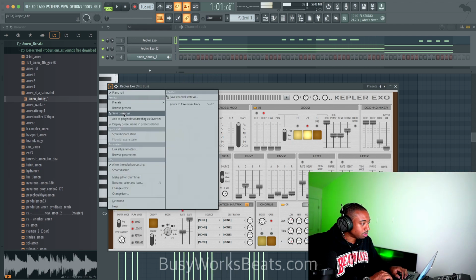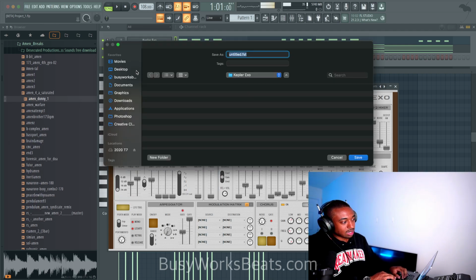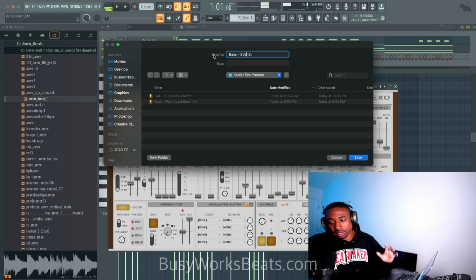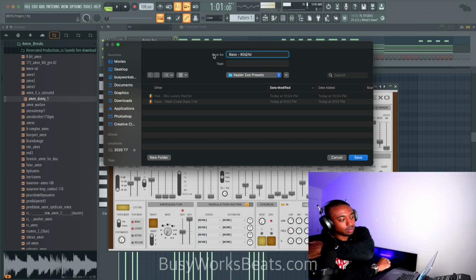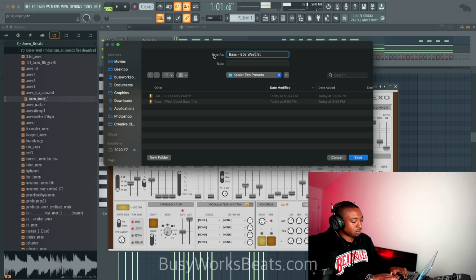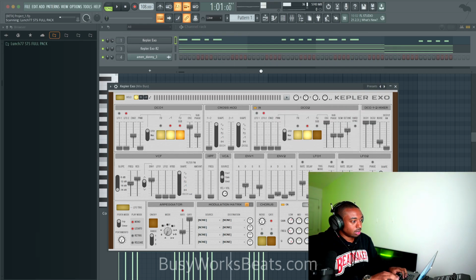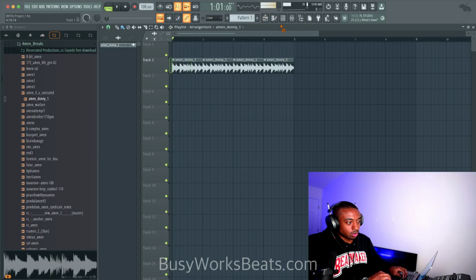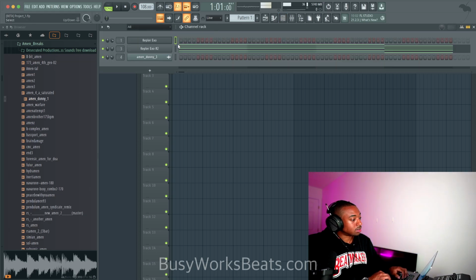Let's save that as another preset. It's kind of West Coasty, but it's kind of not West Coast. So I'm going to call that 80s bass. You'll notice over time that a lot of my presets are modded old presets that just keep evolving. So let's call that bass 80s West Coast. All right, and let's start a new thing because I don't want to go down every single time.